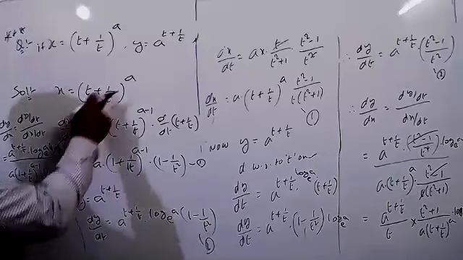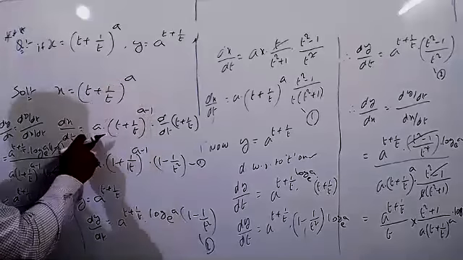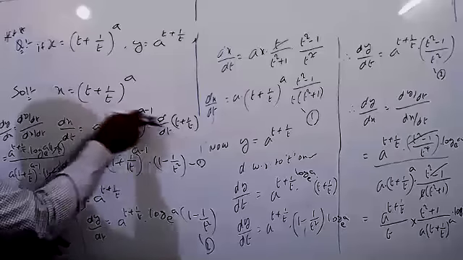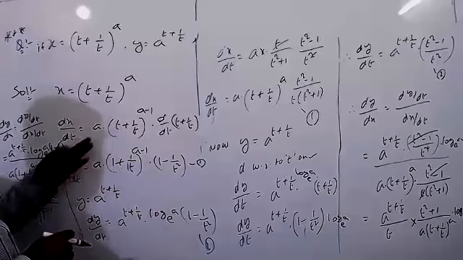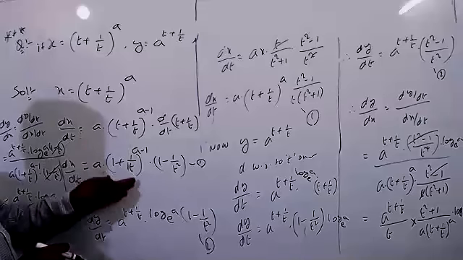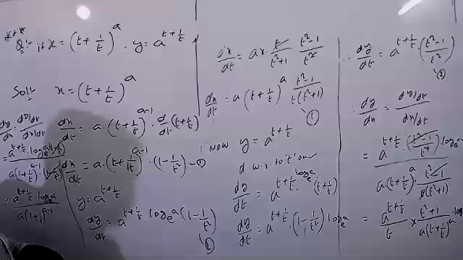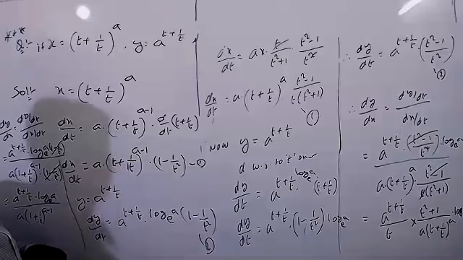Okay. A into the n value, n into x power n minus 1, into again the differentiation of this function. Now a into this one I can write as it is. So this is not 1, this is the t. Yes, sir, that was the doubt. This is the t, it's not 1.